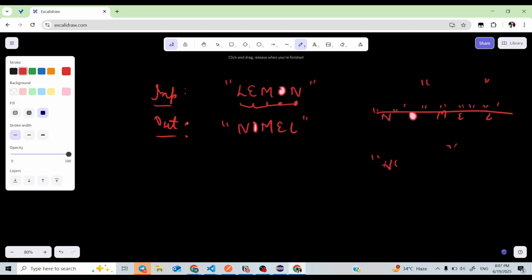So what you can do is start from the last. When you are at the last character, you will append that last character to an empty string. So here you will initialize an empty string, start the loop from here, take the last character and append it to this string.